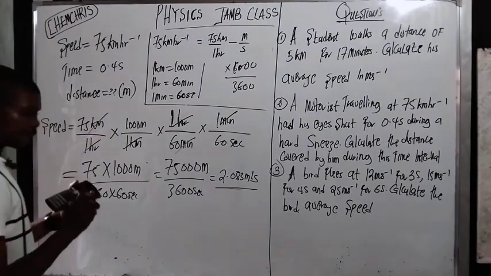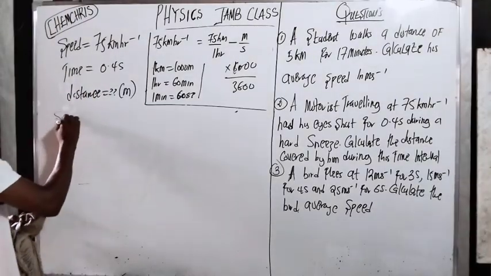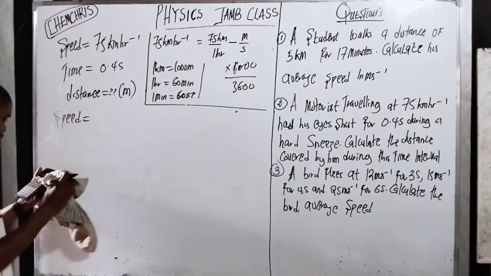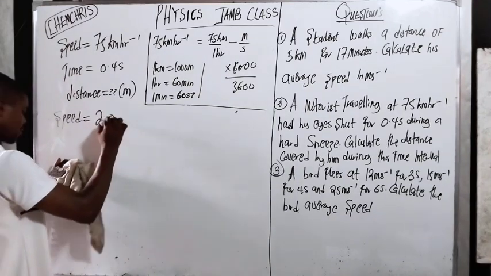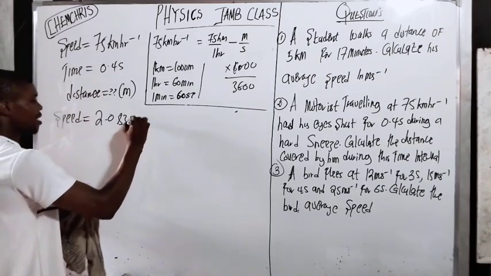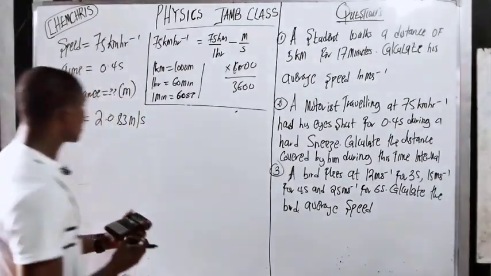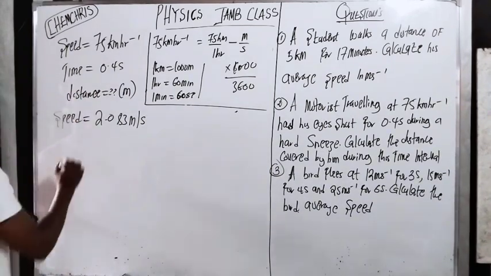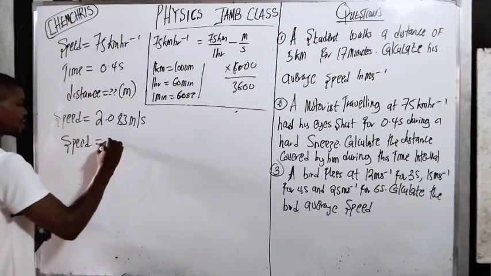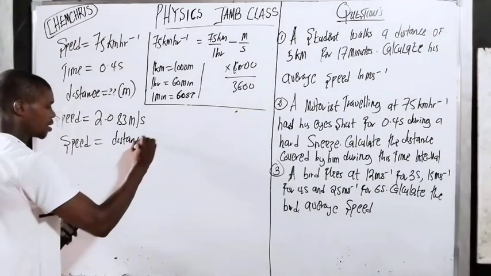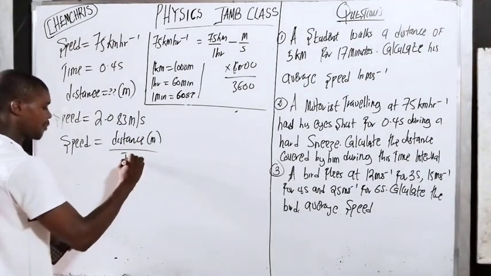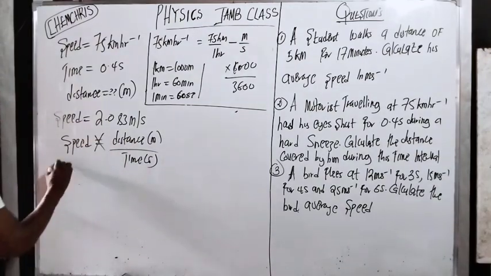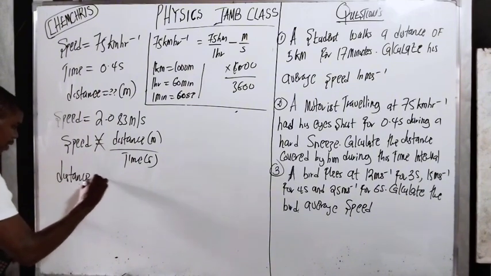It means that my speed is now going to be 2.083 meter per second. Now remember, what are we looking for? We are looking for distance. Remember, speed equals distance in meter over time in seconds. So if I make distance the subject of the formula,